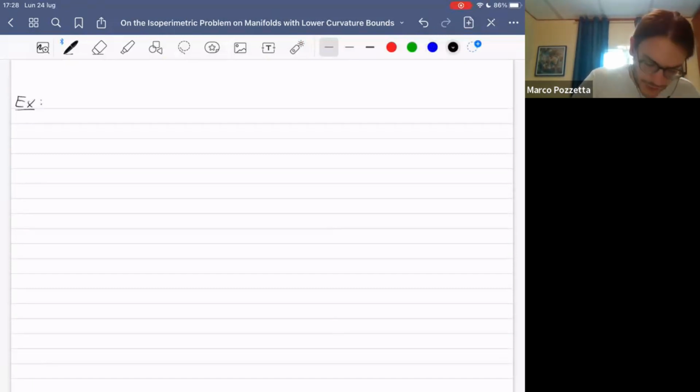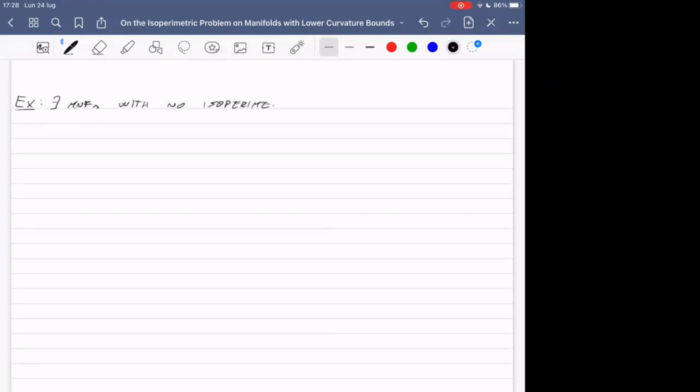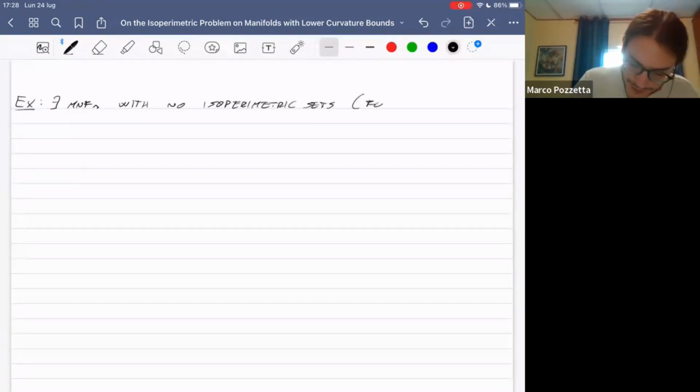So the example tells you the following: there exist manifolds with no isoperimetric sets for some volumes, let's say for at least one. And we can give, as I said before, examples both in the non-positive and in the non-negative curvature situation. The non-positive case, so curvature less or equal to 0, is already something well understood